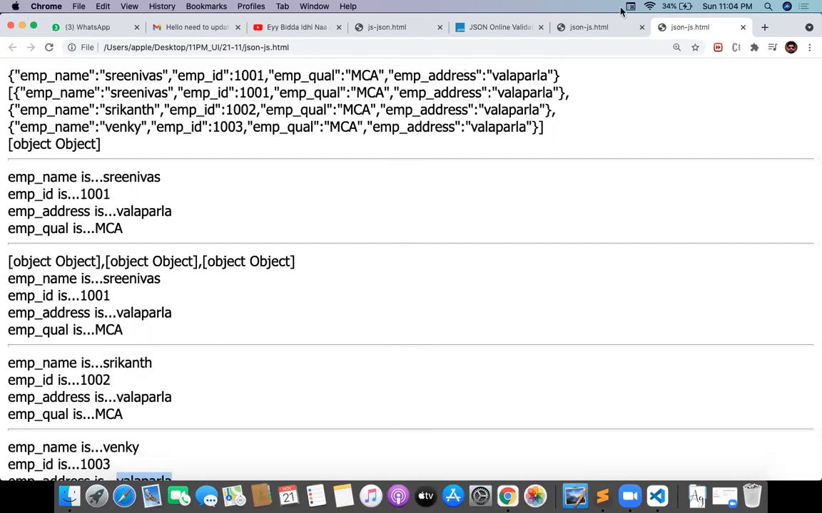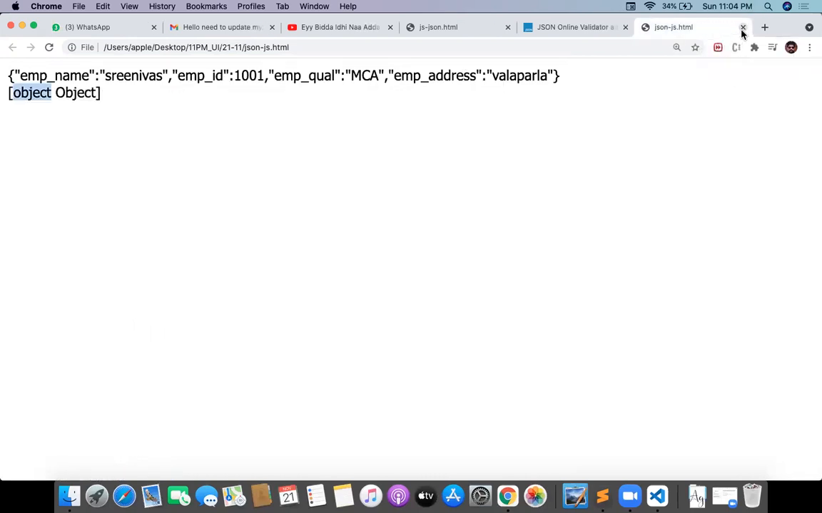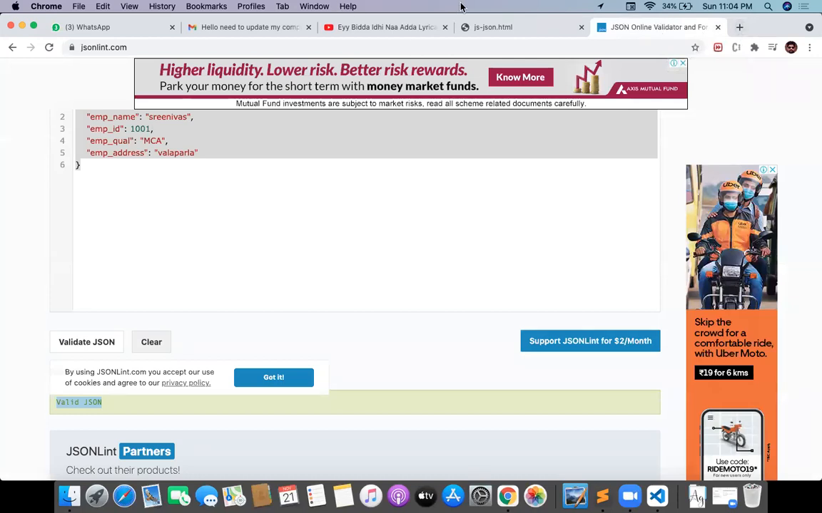This is very clear. We are parsing object and array very clearly. At the same time, we are stringifying object and array. Stringifying we are doing at the same time, parsing also we are doing. Both we are doing. This is very clear. Okay, so